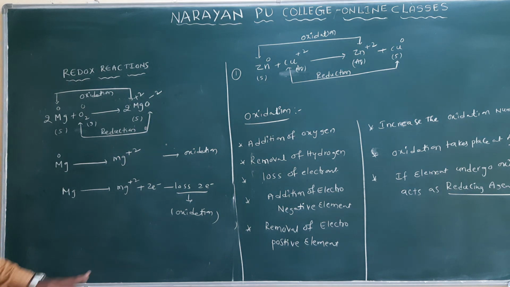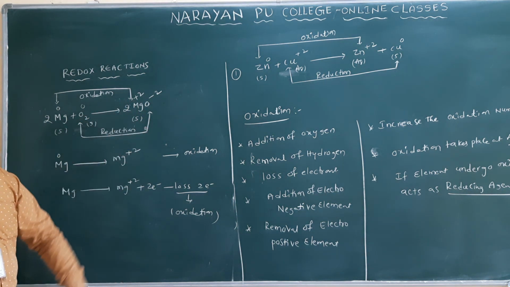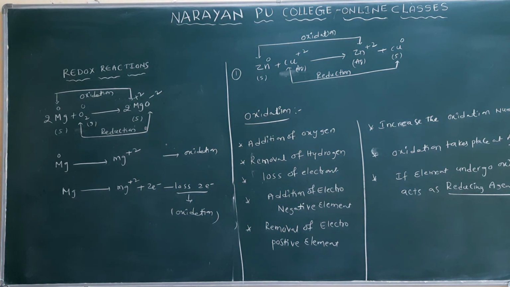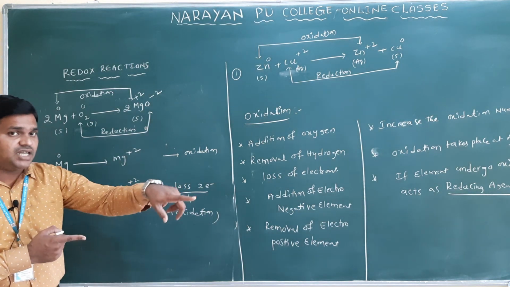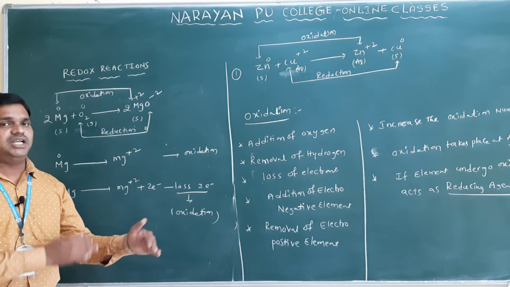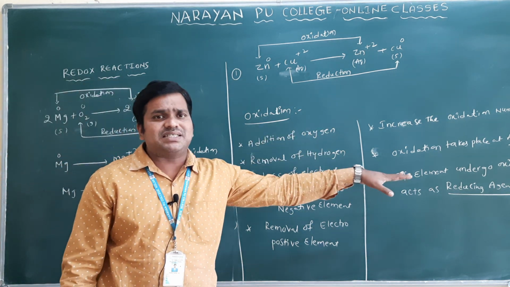So you will see here, oxygen changes to O minus 2, that is a decrease in the oxidation number. So decrease in the oxidation number is reduction. Here loss of electron takes place. If you want to write gain of electron, that we are calling as reduction only. Like that we can differentiate oxidation and reduction. So among these all the definitions we will discuss here.